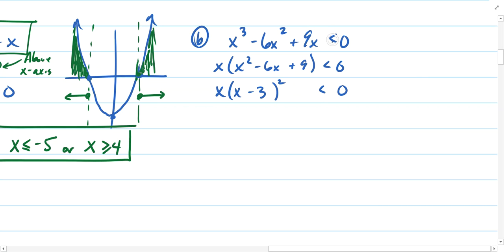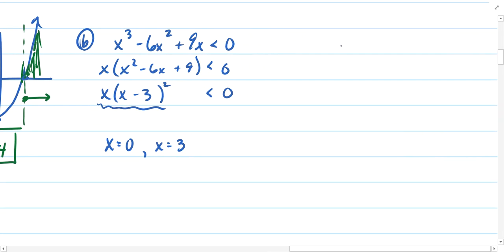And I'm just imagining, at the beginning here, what if these were equal signs? Could we find where the equation is equal to 0? And that answer is x equals 0, and when x is equal to 3. Now there's a multiplicity here at 3, and we talked about multiplicity in this class. And so if we think about how that's going to affect the shape of the graph, we should recognize that